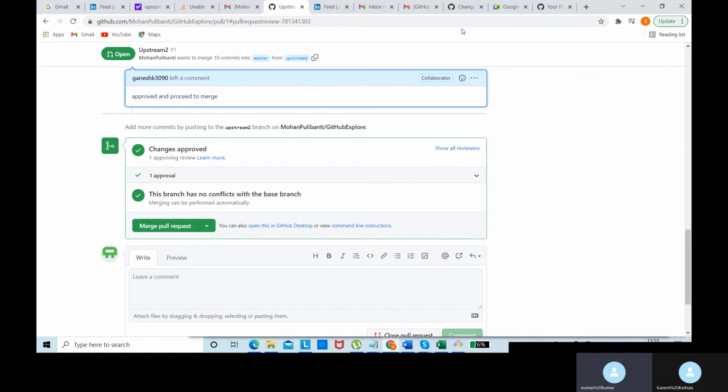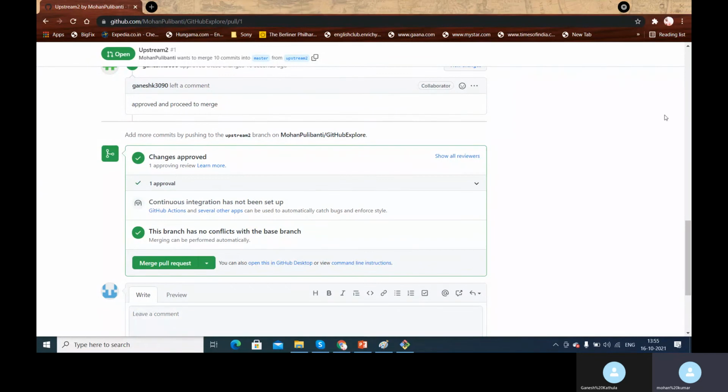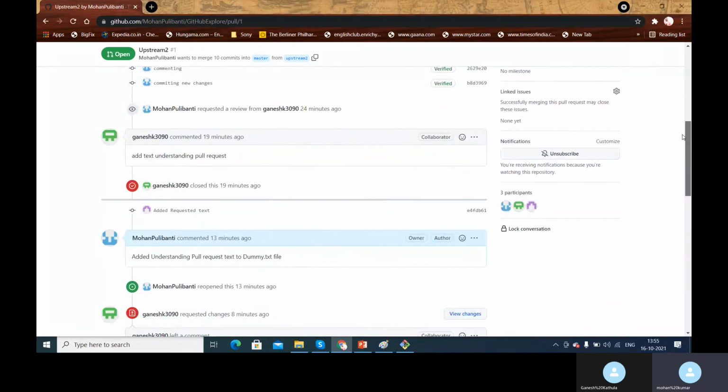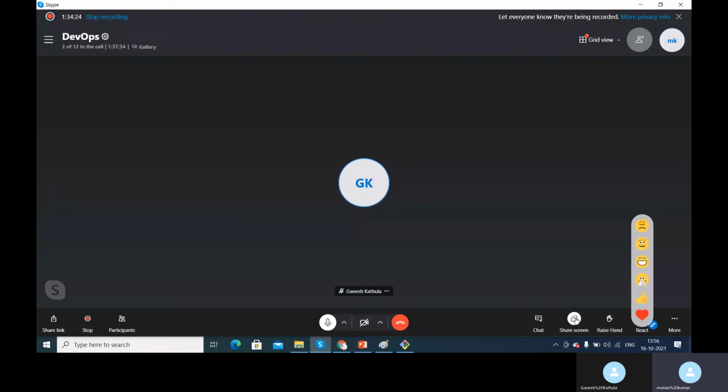Now let me share my screen, and now I'll see those changes reflected in my GitHub repository. If I come back here and see the changes over here, now I am getting a tick mark. So the reviewer approved my changes. If I click on request review, a new review will be sent to him again. He can share his screen now again and show how he's getting it. So again he can approve that, so that I can commit these changes to the master branch.